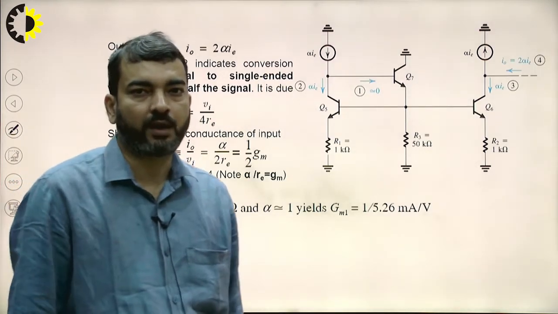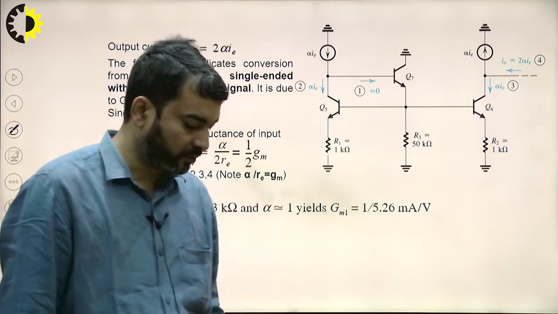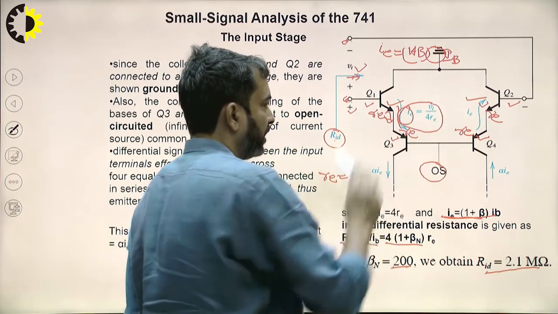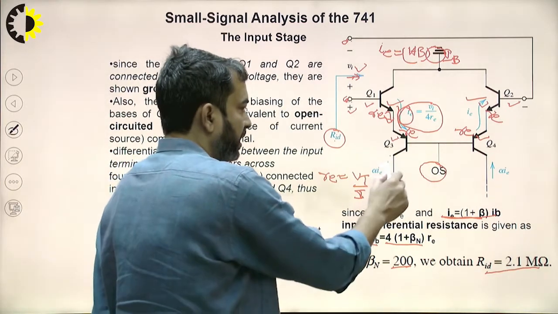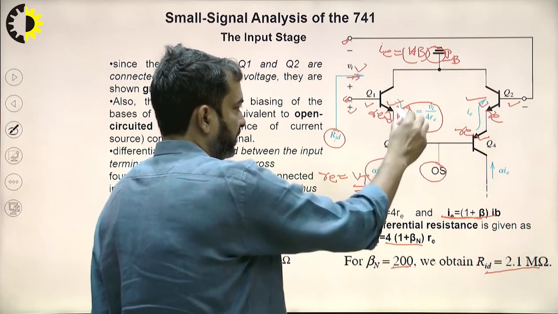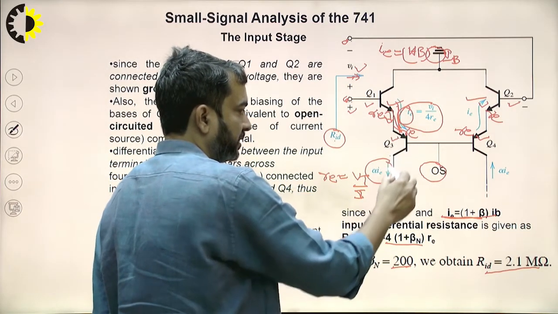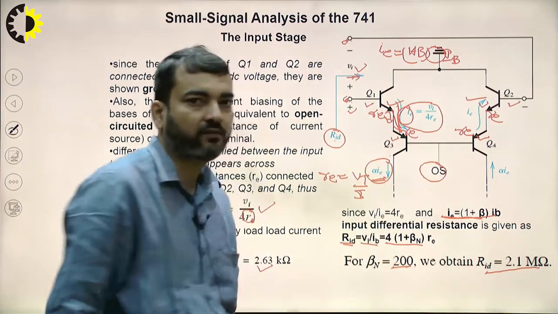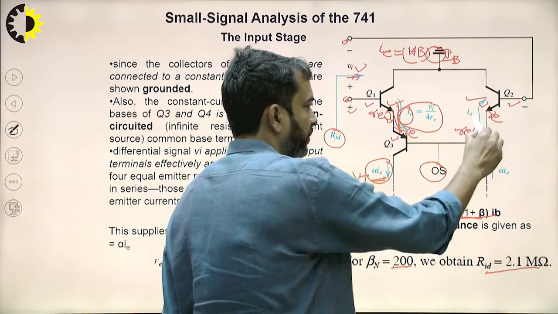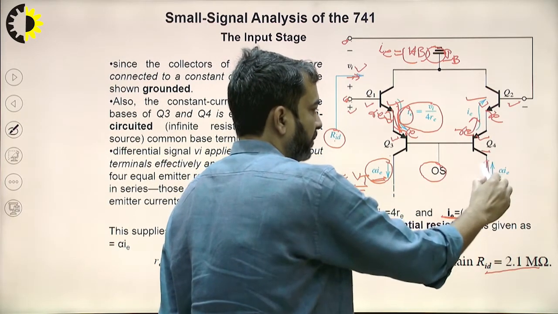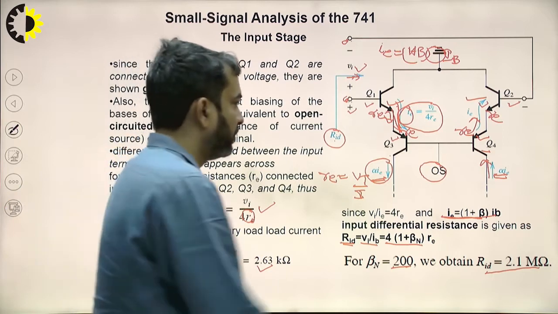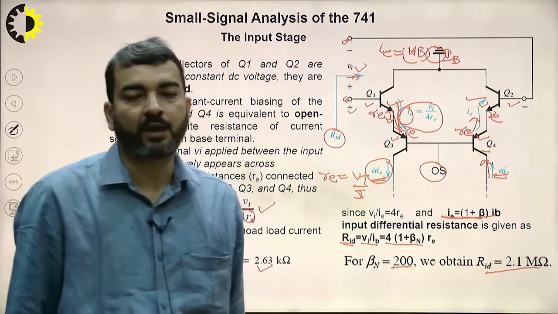Now coming to the load part of the input stage. The emitter current is VI by 4 Re. So the collector current will be alpha times IE, IC is equal to alpha IE. The current in this transistor is flowing downward, so the collector current will be flowing downward with value alpha IE. While in transistor Q4, the emitter current is flowing upward, so here the collector current will be flowing upward with the same value alpha IE. Now this current will flow through the load part of the input stage.